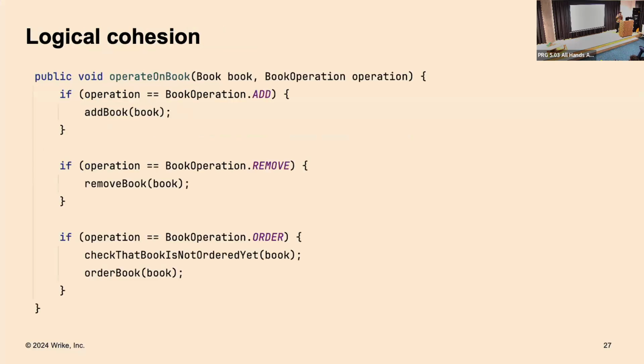The next level is logical cohesion. Now we may observe some logic. Elements of this method operate on a book. We can often see this cohesion in utility or helper classes. Our developers initially wrote this somehow, but with time, such modules become garbage because it's never clear how to change them. What can I put there or what can I not put there?